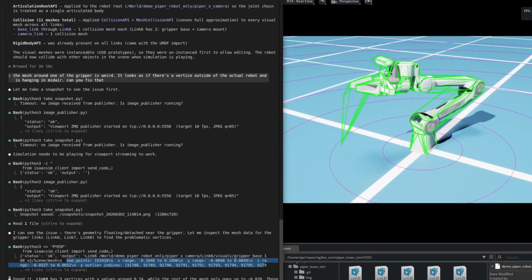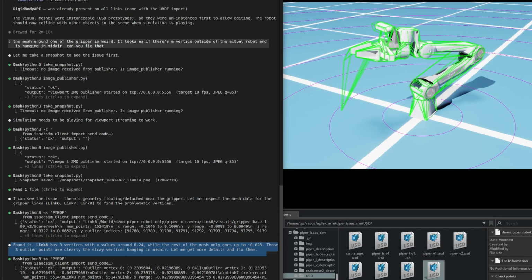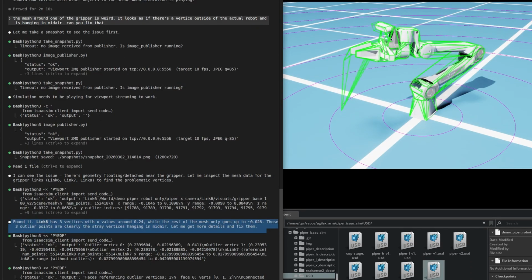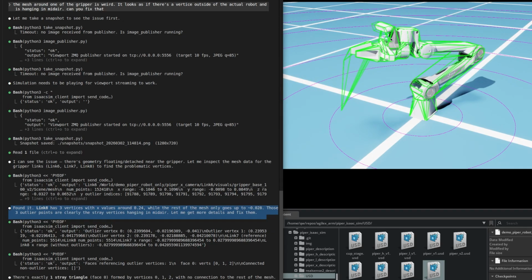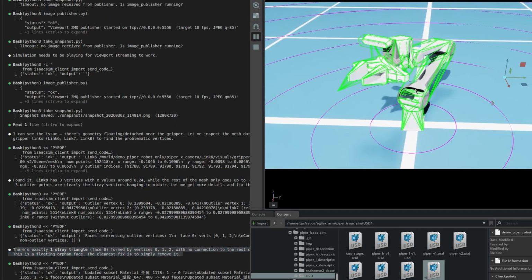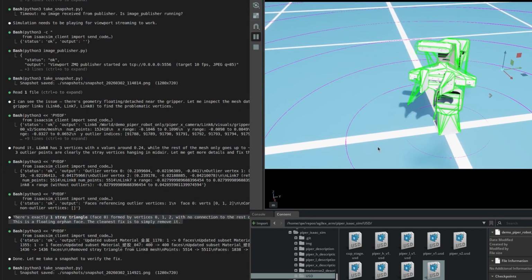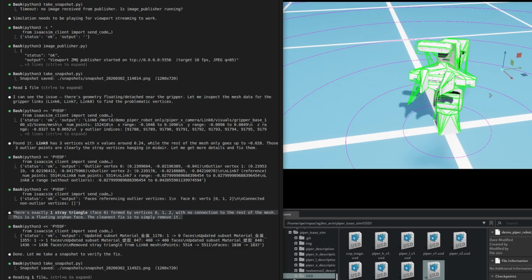Okay, it's figured out that there are stray vertices, and it looks like it went straight into the USD file and pulled out the data on the vertices and did a statistical analysis on it and found that they're outliers. And it reasoned about it and decided it was safe to just delete them. And it did. It actually looks like there's still one more that's slightly closer, so we'll just ask it to